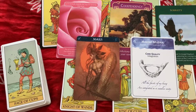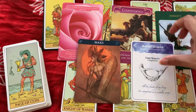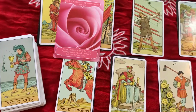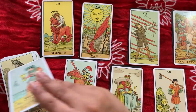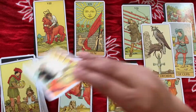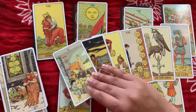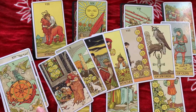So what's going on, my Aries? We're going to start with you. I'm going to move your oracle cards first so we can talk about what is going on for the month of October for you. Starting with the bottom of the deck, you have the Page of Cups, the Ace of Swords, the 8 of Pentacles, the Page of Pentacles, the 10 of Swords, 10 of Pentacles, the 5 of Pentacles, and then the